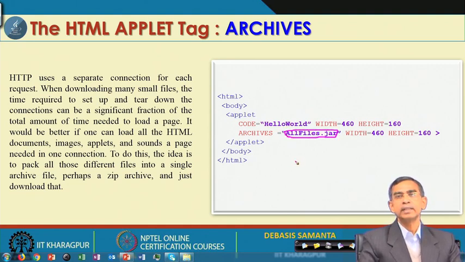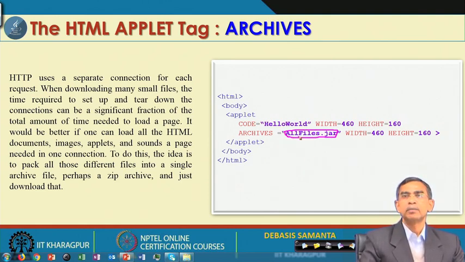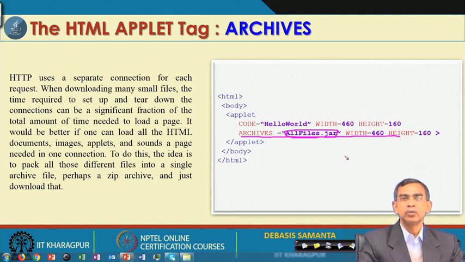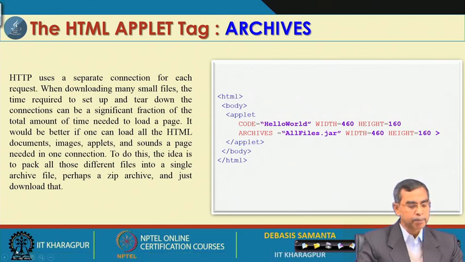Here, all files that are required for an HTML page can be put into one jar file. Then the browser will import it only once, with a single connection to the remote server, and fetch it into your local machine. From this jar file, whatever file is required, image or video, audio or any other class file, will be extracted and referred to. So, this archive attribute gives an idea of which jar file needs to be fetched only once in the lifetime of the viewing. So, this is the idea about the archive tag specification in the applet code.